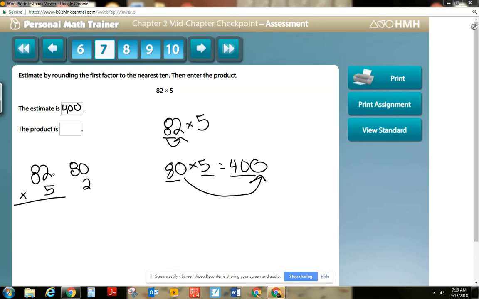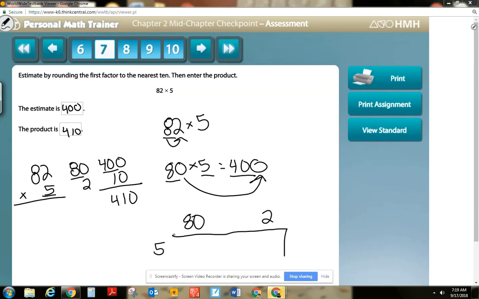So I'm distributing 80 into 5 times 8 is 40 tens, and then 5 times 2 is 10. My exact answer is 410. Some of us really are being more successful when we break up the 80 into 2 by making that table. So if you do it like this,